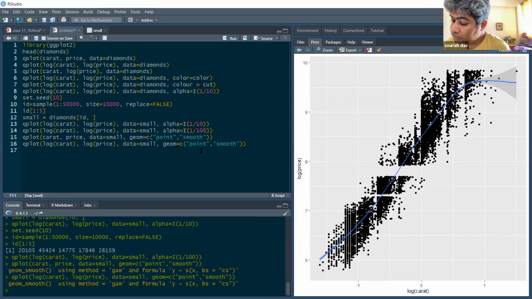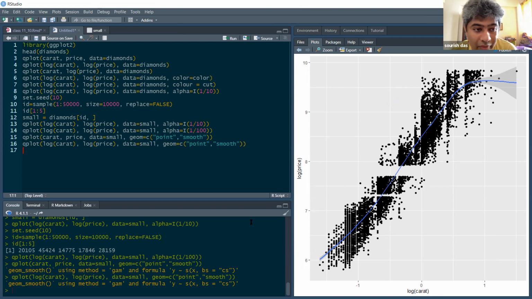All right, next, there is a technique called the spline technique to fit a curve. If you feel the curve is non-linear, then in order to fit a non-linear curve, there is a method called spline.